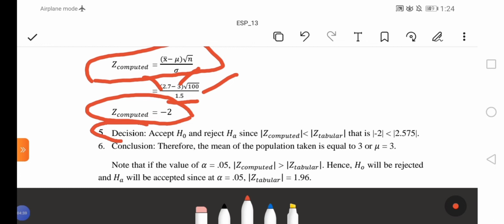So, how come? Paano natin malalaman na mag-reject tayo ng null hypothesis and accept ang alternative hypothesis and